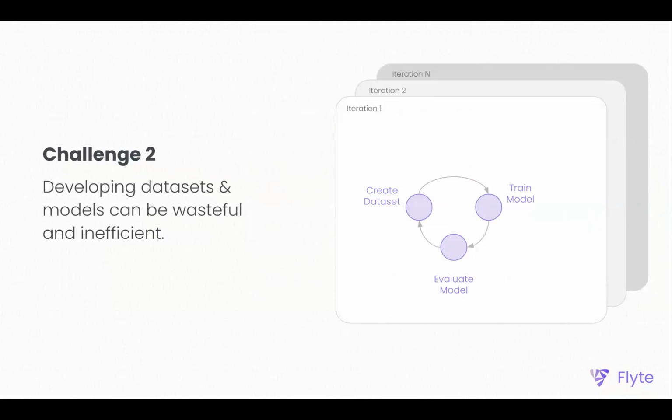If I'm not taking care of saving or keeping track of all the artifacts that I'm just sloughing off as I'm trying different settings and iterating on my code, I'm going to end up with a lot of uncached, unvalidated data. I'm going to have to recompute the data a lot of times. I'm going to waste a lot of compute. I'm going to end up with a lot of unversioned, unreproducible models.